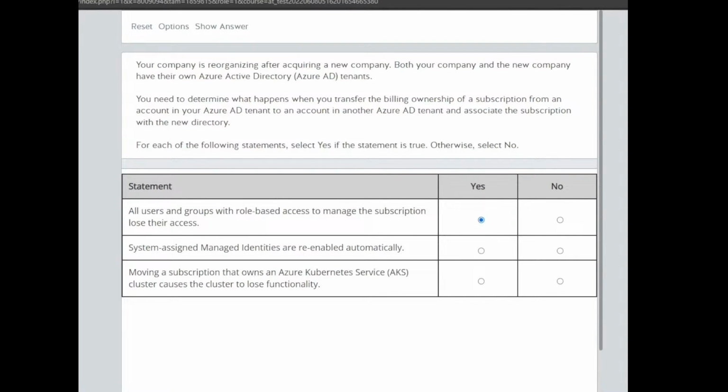Deleted eh. Hmm. Yes. System assigned managed identities are re-enabled automatically. Moving a subscription that owns an Azure Kubernetes Service cluster causes the cluster to lose functionality. Kubernetes, ano to eh. Usually mga Linux machines to eh. Yung Linux, naka-base talaga to sa user.